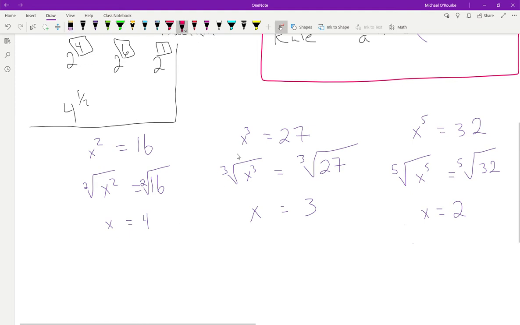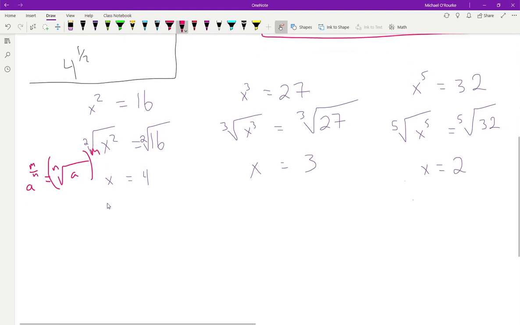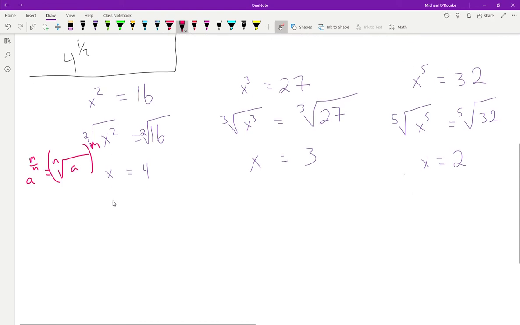I'll put it right here. So a to the power of m over n equals the nth root of a to the power of m, with m's up here. Okay? So if we take a look at this line right here,